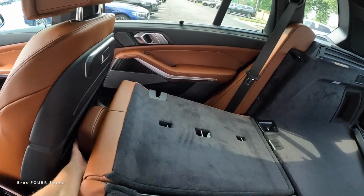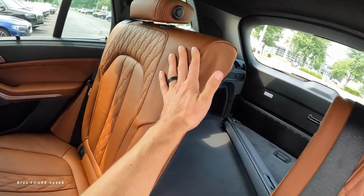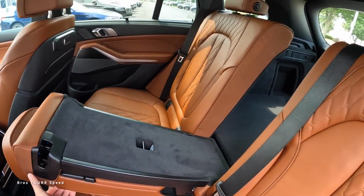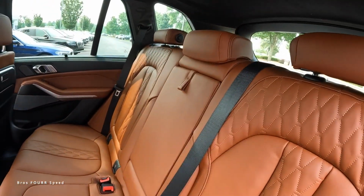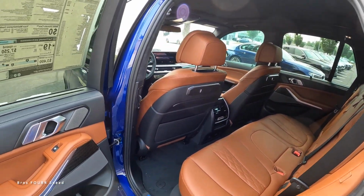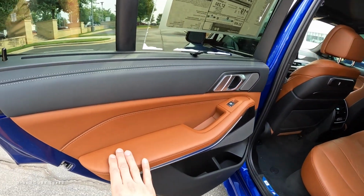So it gives you a really cool amount of cargo area and storage, and just makes it a little bit more practical to put longer items. So if 4 people want to go on a snowboard or ski trip, I think you can do it in an X5. Now this interior, you're gonna see that Tartufo color, which is the brown, and you're also gonna get